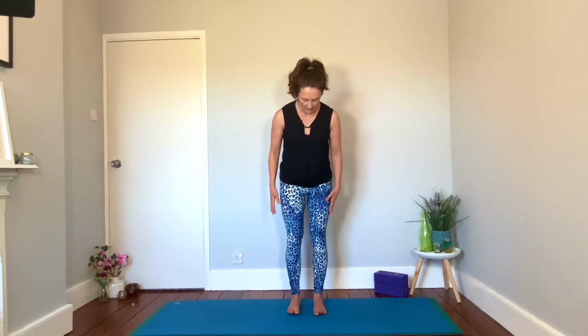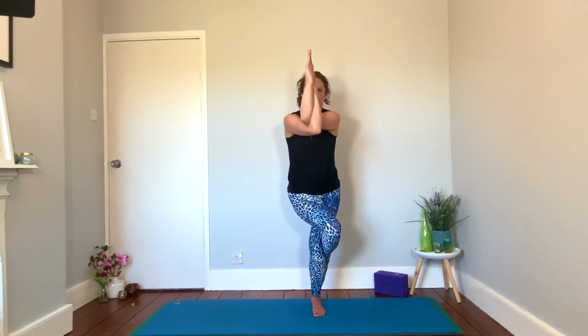Two more breaths. And exhale, release. Shake out the legs, and we'll do the second side. So grounding into the right foot, bending both knees, left leg lifts. Maybe you stay here, or maybe you wrap. Arms come out, left arm under right. Hug into the midline, use that mula bandha, lift the elbows, find the fixed gazing point